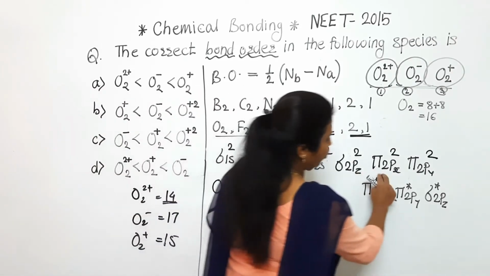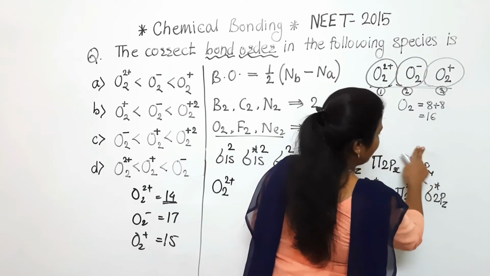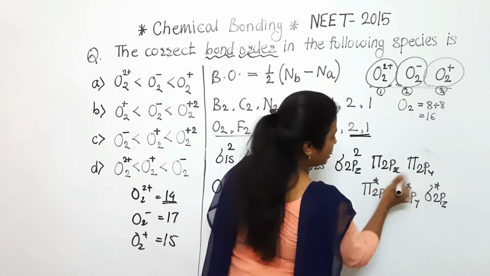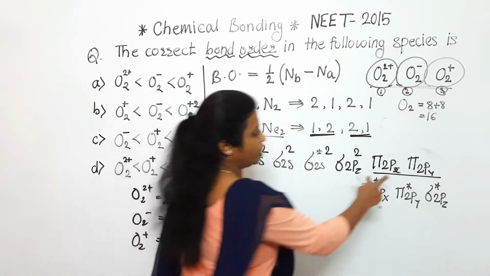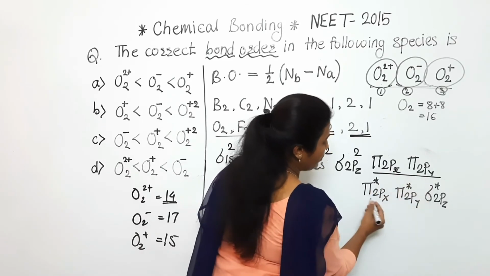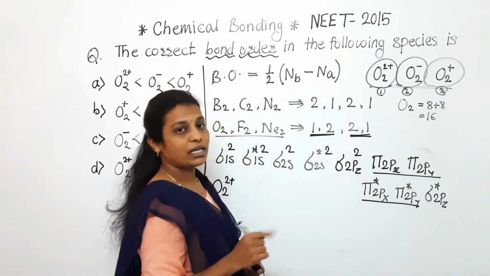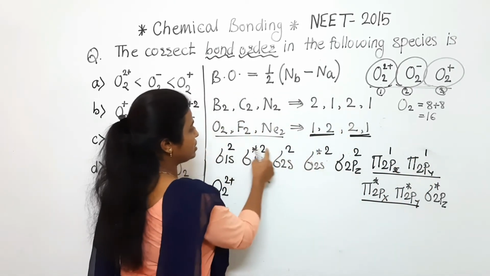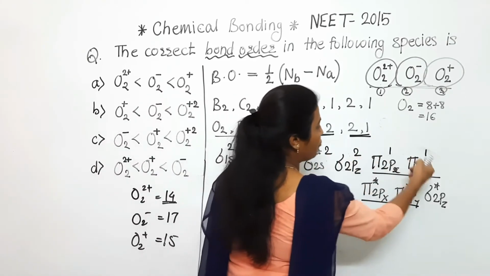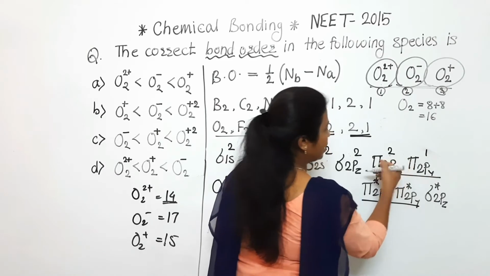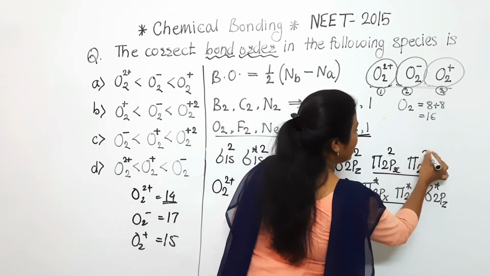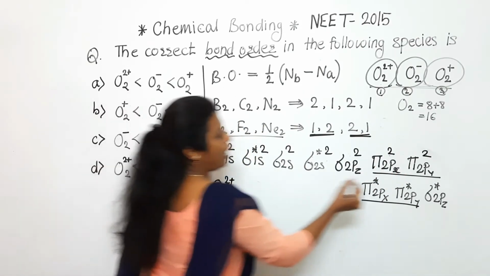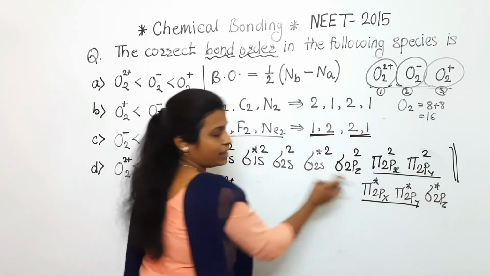When we are adding the electrons, always keep in mind that this is correct, but only one thing I want to explain to you. When we are adding electrons in orbitals which have the same energy, here that is the pi 2px, pi 2py, and here the pi star 2px and pi star 2py, firstly we have to add 1 electron each, then we check the addition: 4 plus 4 is 8, plus 2 is 10. After that we add the second electron, it becomes 13. Again we add 1 electron, that is 14. So when we are writing the electronic configuration of O2 2+, up to this it is sufficient, no need to write this one. Clear?